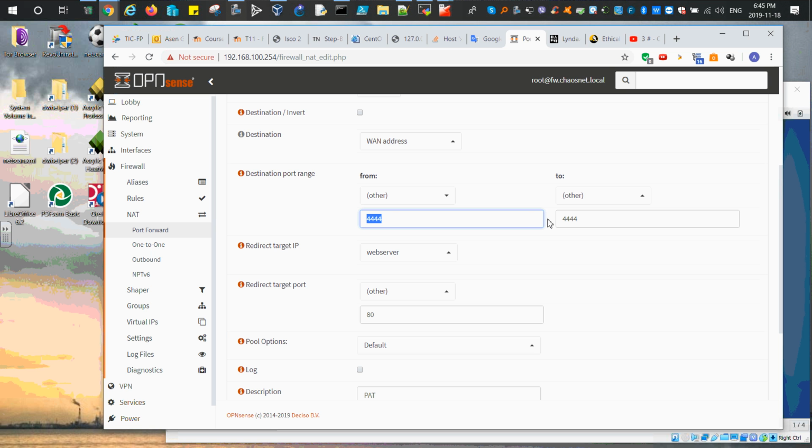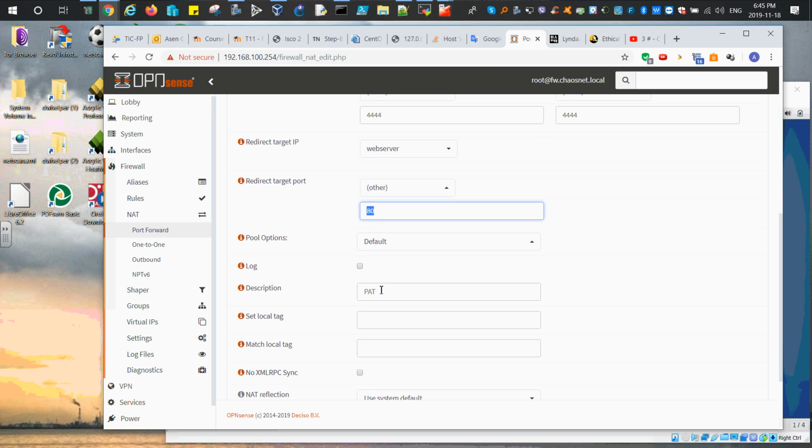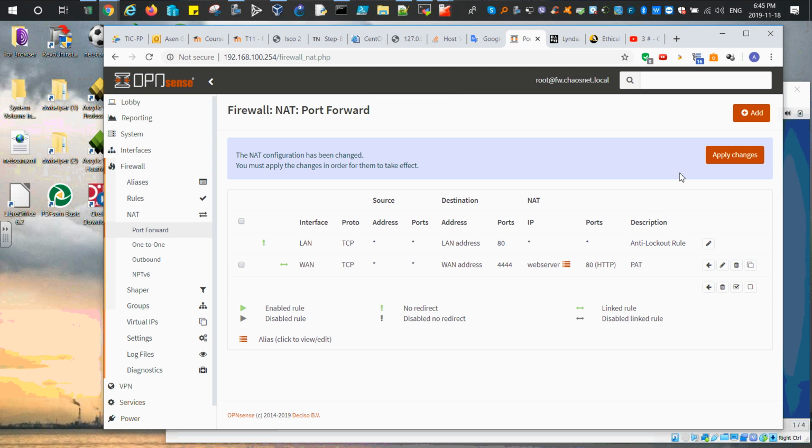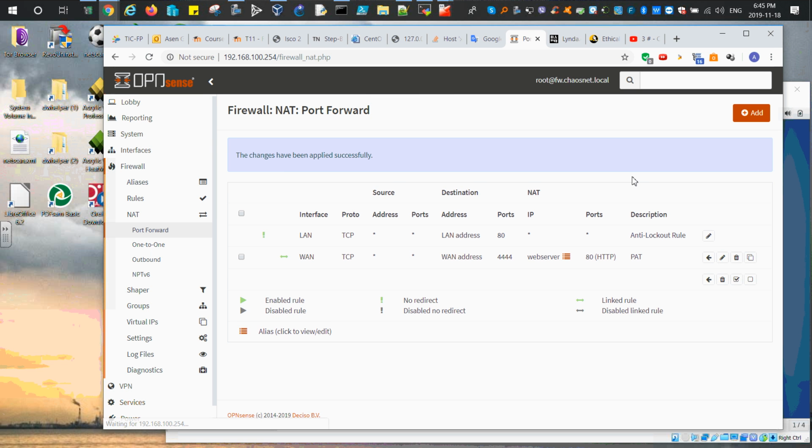So I choose something randomly, 4444. And it's the alias we just created, web server. We could put the IP address here actually. And the redirect target port is 80. That's where it's supposed to be. And the description is port address translation. Say save. I'll say apply changes. And let's try now to see